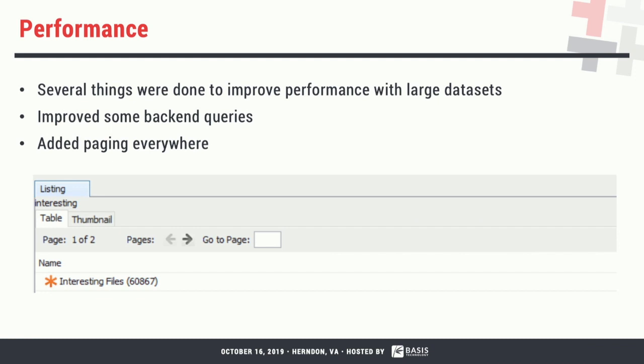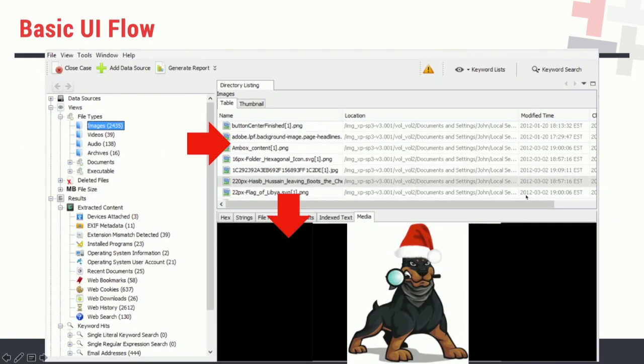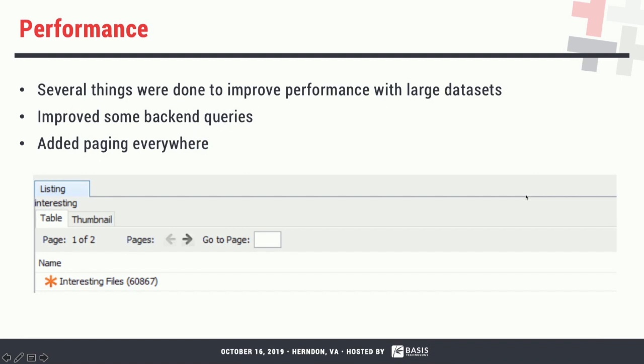On the table on the right-hand side here, there's been a theme for the past year on performance, right? The data sets are getting bigger and bigger and bigger. Sometimes you click on the wrong node of the tree. It's got 60,000 items in there. There's only so much you can do with 60,000 items, right? And then you realize, oh, I should not have pressed that.